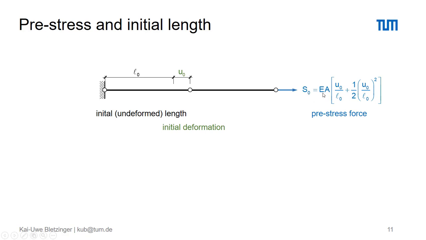Again, the stiffness value is the elastic modulus times the cross-section A, and that multiplies exactly the nonlinear Green-Lagrange strain, a little bit separated into a linear part and a quadratic part. So that is the pre-stress force which we have to consider further on. And with respect to our previous seminar, that would be the S with the underscore comma.